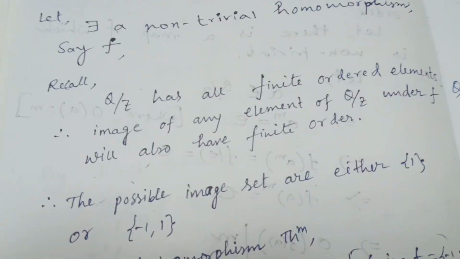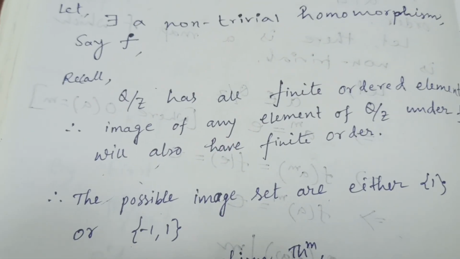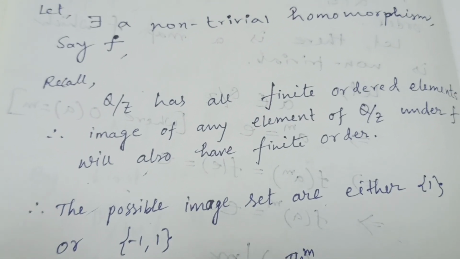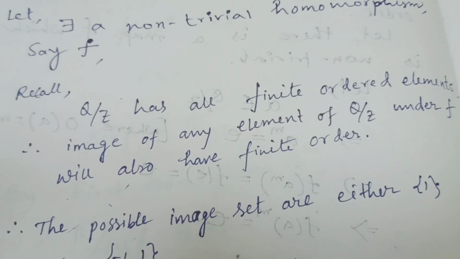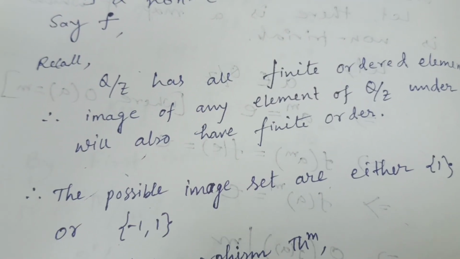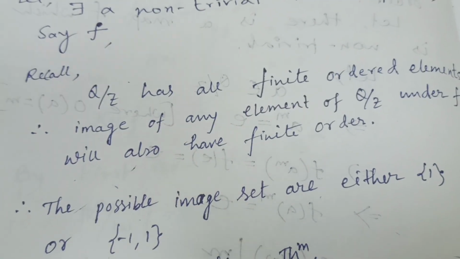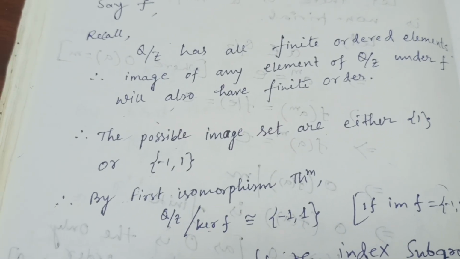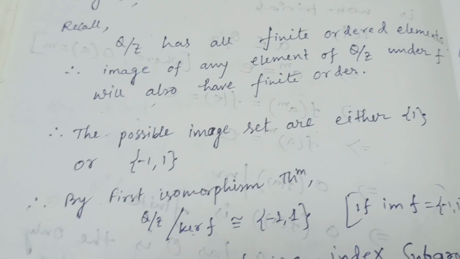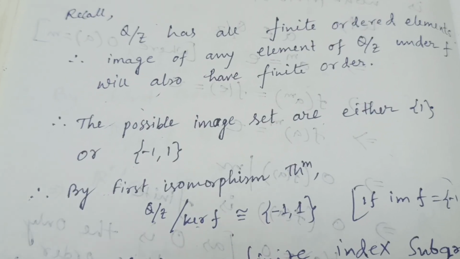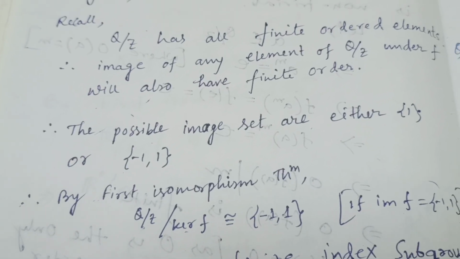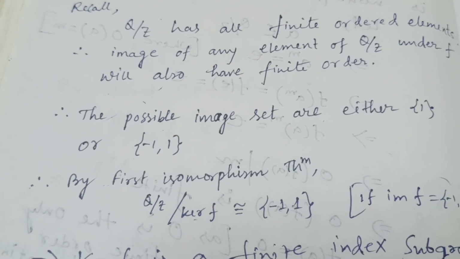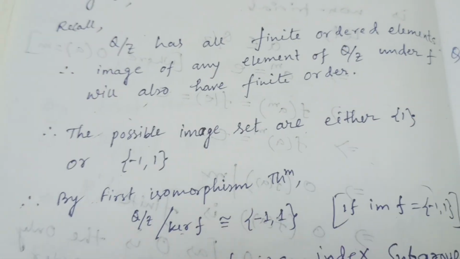Now the question is, what are the only finite subgroups of R*? The answer is either it is the identity element, the trivial subgroup, or {-1, 1}, that is the Z2 type of subgroup in R*. So now by using the first isomorphism theorem, you get Q/Z by kernel of f is isomorphic to {-1, 1}, if you consider that, let's say, the image of f is {-1, 1}, because we have to find a non-trivial homomorphism,